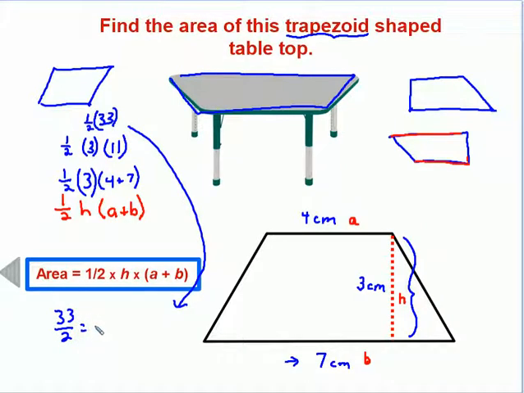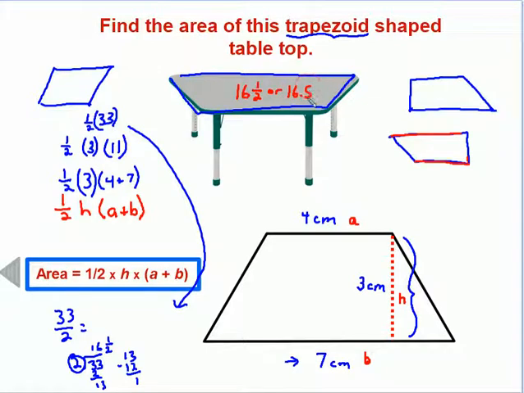Well, 2 goes into 33. 2 goes into 3 one time. Subtract it. That gives us 13. 2 goes into 13 6 times with a remainder. So we've got 13. 2 times 6 is 12, minus 12. That leaves us with 1. So 16 and 1 over 2. 16 and 1/2, or 16.5. Either one is acceptable. So in this case, the area of our tabletop up here is going to be 16 and 1/2, or